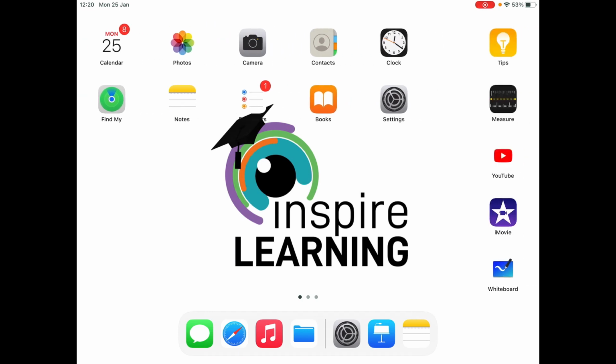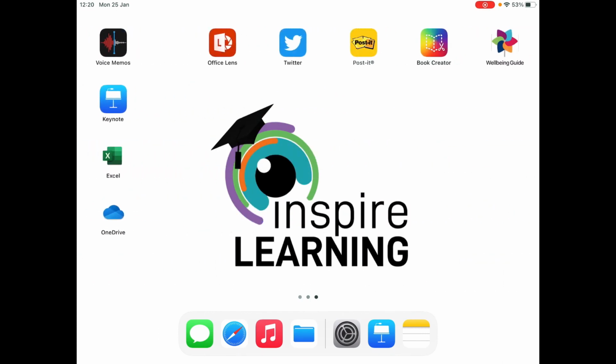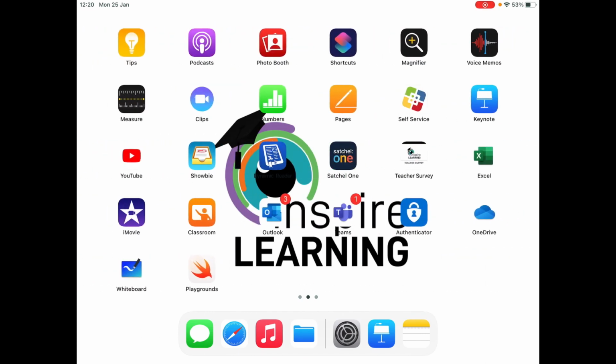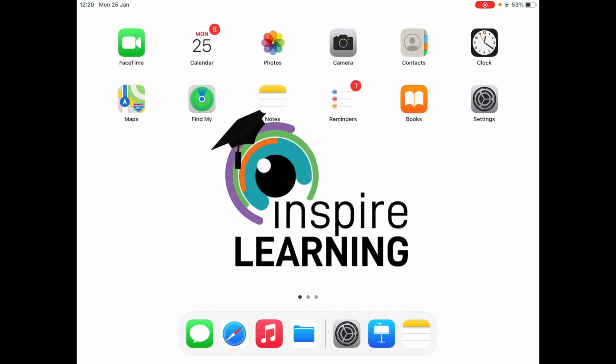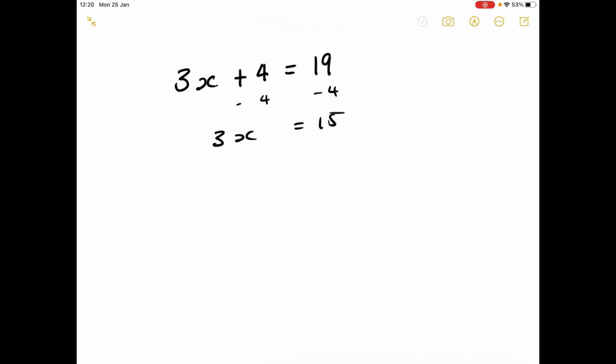One of the most useful tools for delivering a recorded lesson is the screen record tool. It allows my pupils to see exactly what I'm seeing while I'm delivering a lesson. So for example, I can take the pupils through the final stages of a calculation. Divide by 3,